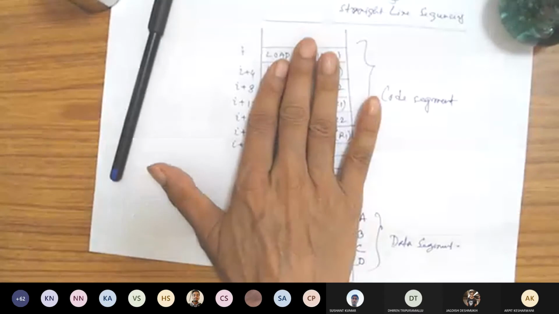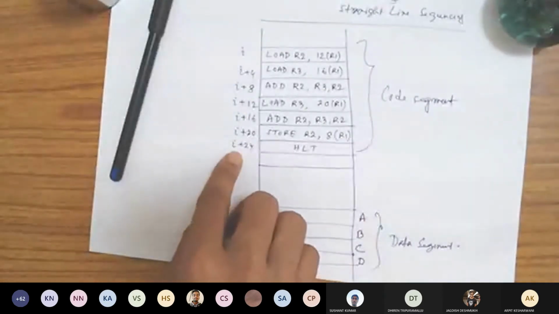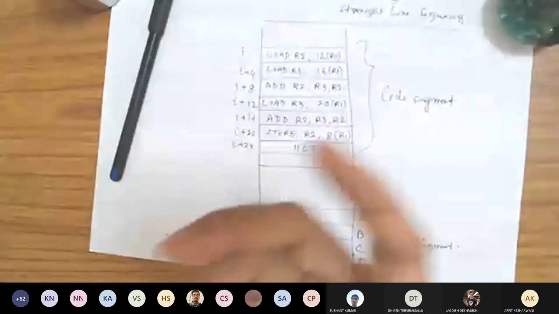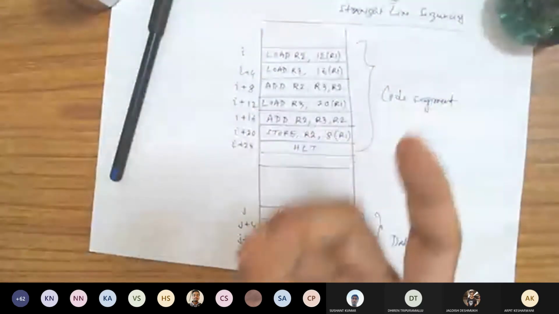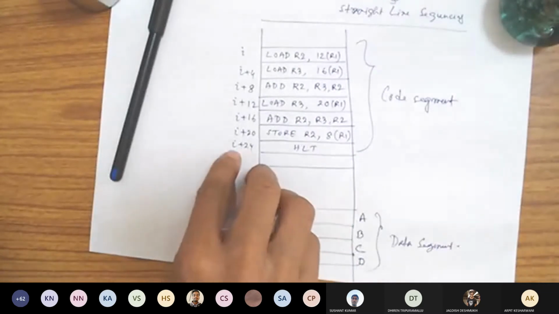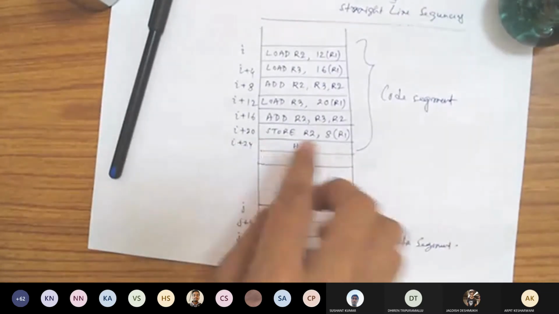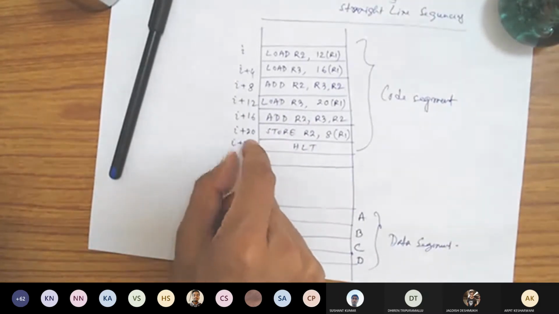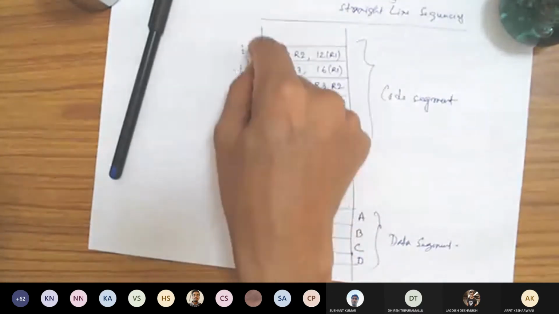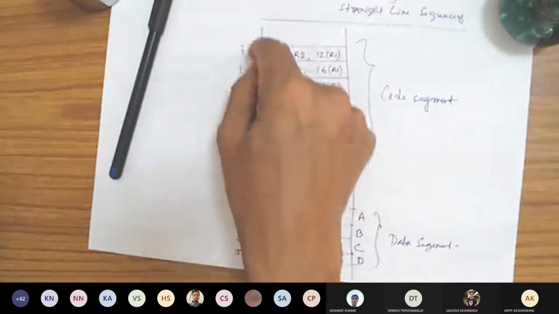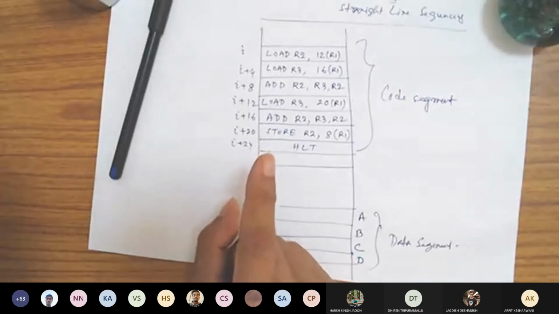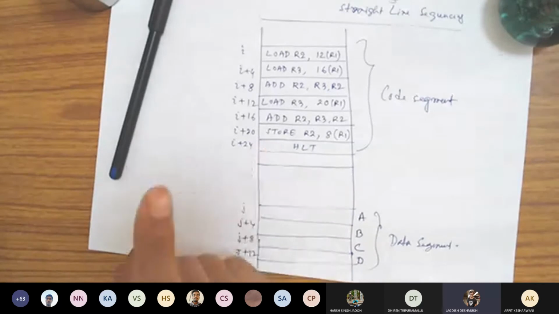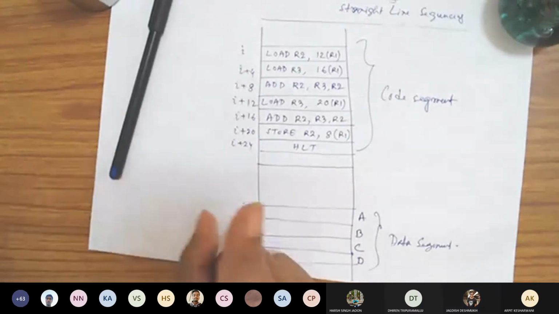While I am writing on the paper, say I'm writing that my halt instruction is the 9th instruction from the beginning. That's the kind of logical linking. It's not physical, because I do not know the actual address of halt when it will be stored into the memory and when it will be executed. Where will these addresses go? Can someone tell me? Register. Which register? Program counter. It's the program counter.